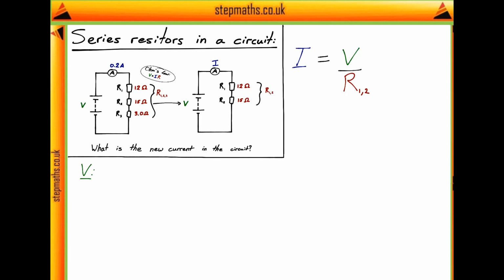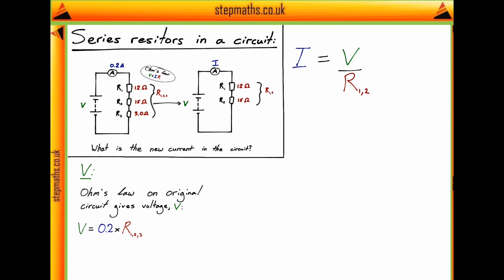The only way of doing this really is to look at our first circuit. We can use Ohm's law on this first circuit. The reason we do this is that we have a value of the current, 0.2 amps, and we also have the resistance of each of the individual resistors making up the circuit. So if we use Ohm's law, we'd get an expression like this, that the voltage in the battery is equal to the current through the circuit, 0.2 amps, multiplied by the resistance of the circuit,